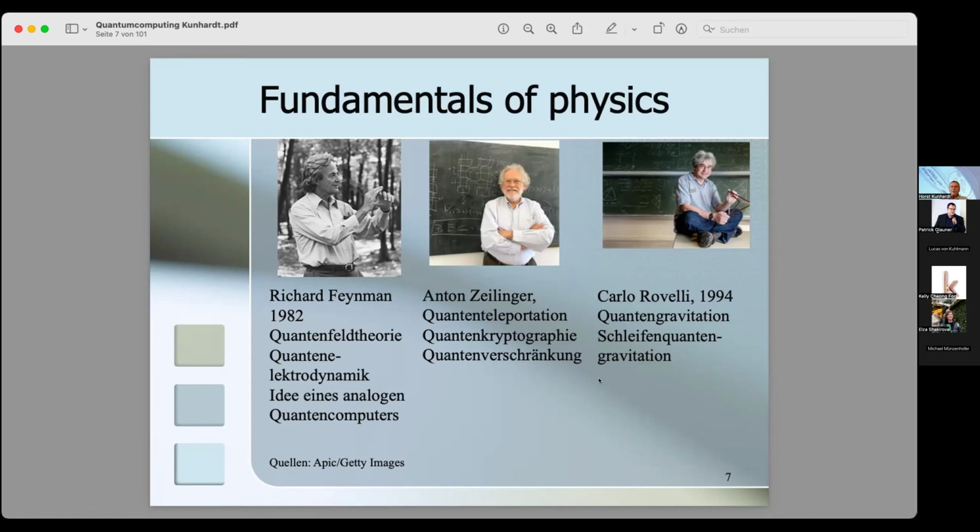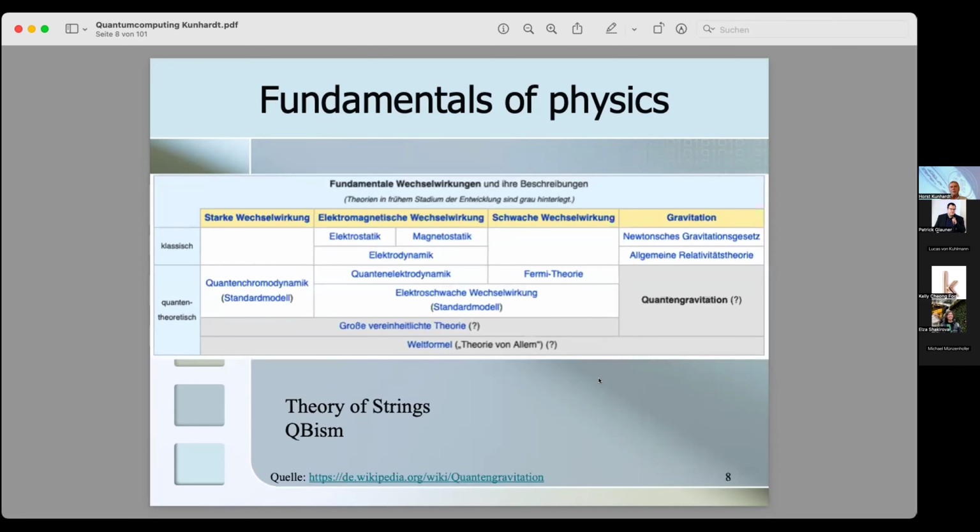Carlo Rovelli, an Italian scientist, now works on quantum gravitation, another very promising field, to explain how quantum effects work in theory. The fundamentals of physics always try to combine things or developments that are working in parallel. So, you know, from school, we have